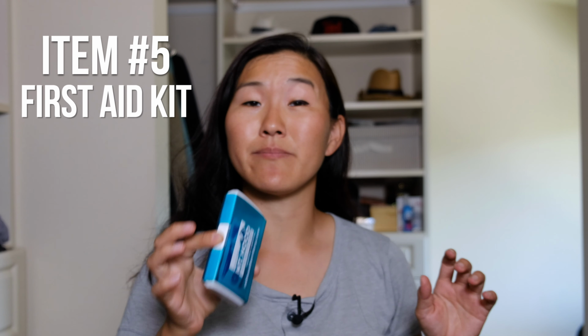Another essential item is a first aid kit in case you have any bumps or scrapes or bruises while you're on the hiking trail. Your first aid kit should have the essentials such as bandages and antiseptic wipes, but also consider bite and sting relief in case you get bitten by a snake or an insect or anything like that. I'll tell you that for all the hiking that I've done, I haven't been bitten by a snake or had any reason to use a first aid kit, but that's no reason to not have one on you, because it just takes one little accident, and if you don't have a first aid kit, there's really not much you can